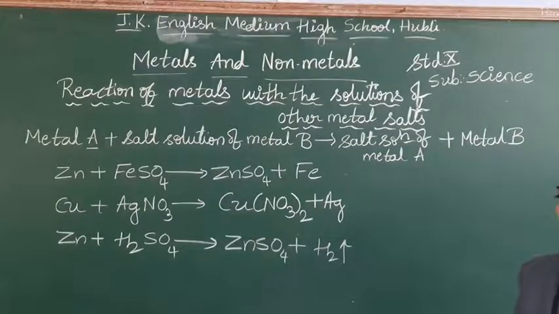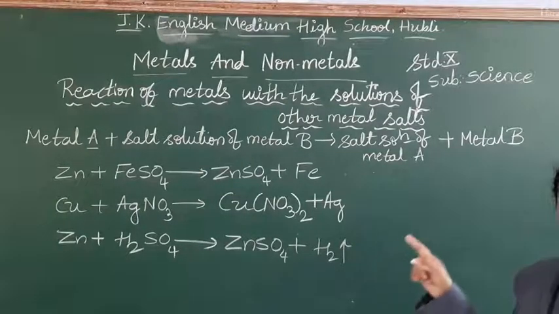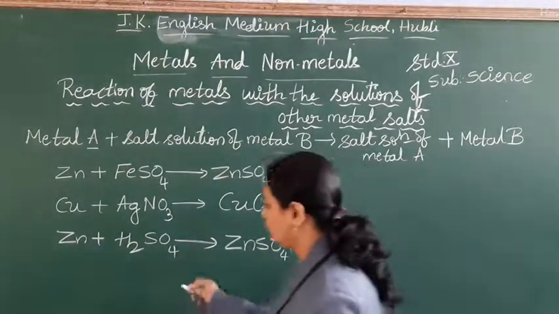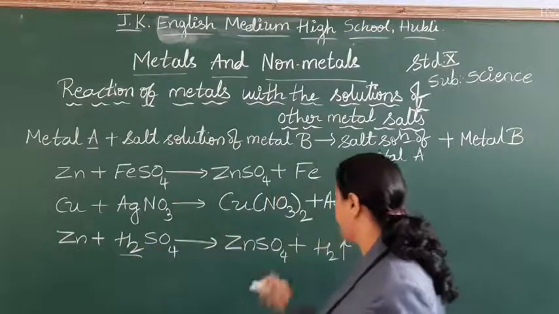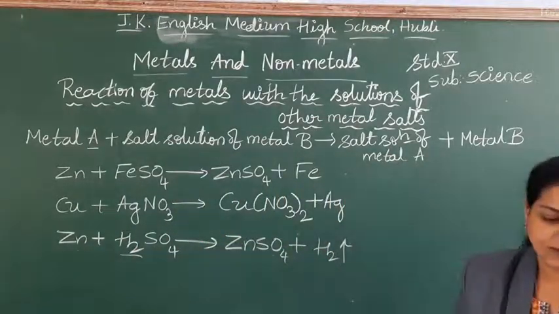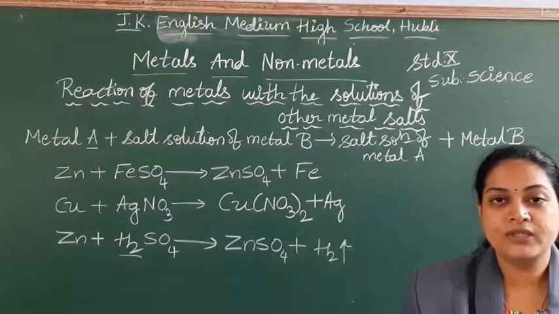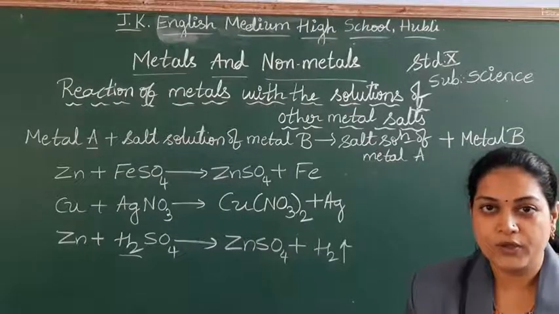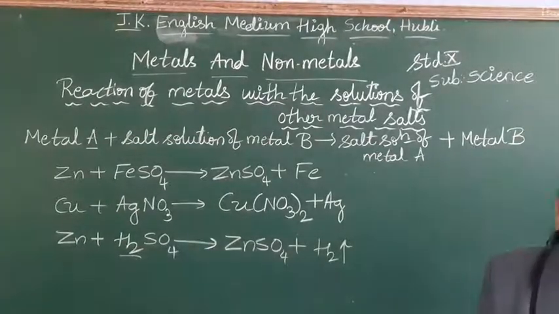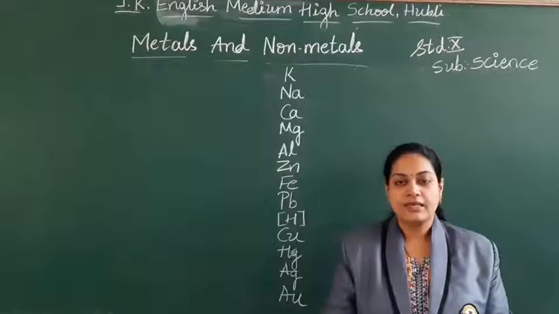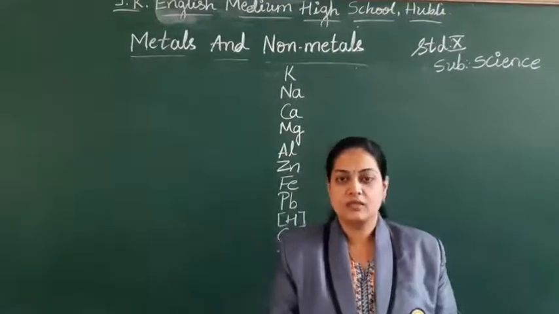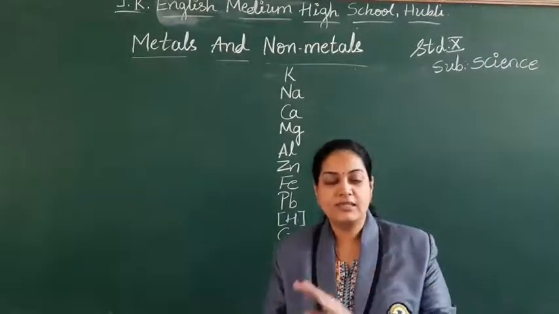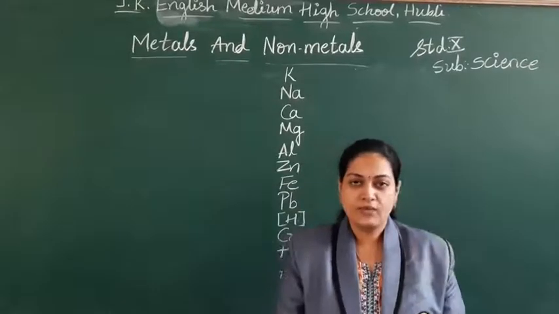So what you can say here? Zinc has displaced the hydrogen. Right? Zinc has displaced the hydrogen. That is what you are getting, zinc sulfate and hydrogen displacement. So these are all few examples for metal displacement reactions. Hope you are understanding and taking down the equations. Students, in many of these cases, this metal is highly reactive, this metal is less reactive compared to this, like that we have discussed.